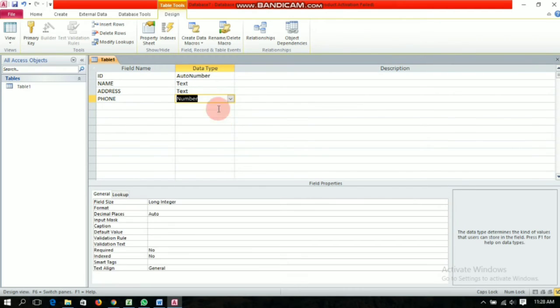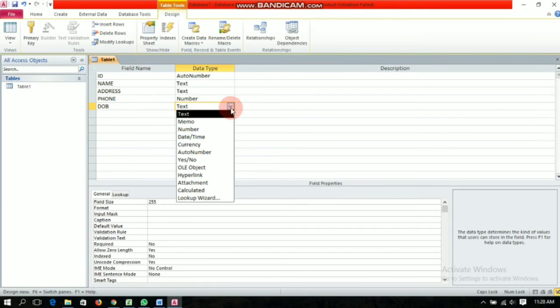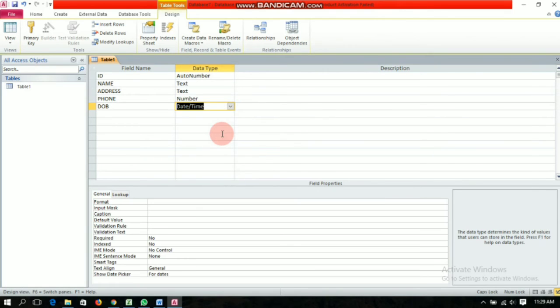So the type of data is number. Next is date of birth, DOB I am writing, and I can just click on date and time. Okay, so I have made one table with the ID, name, address, phone number and date of birth.